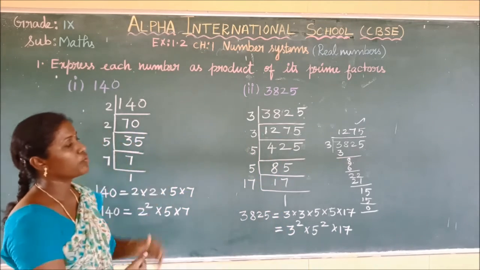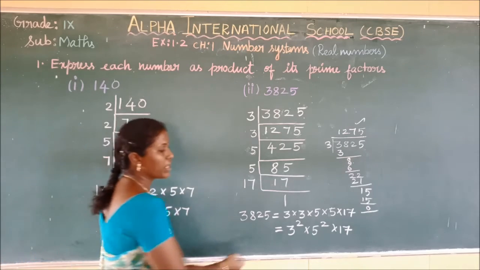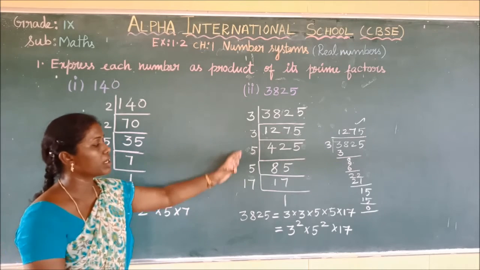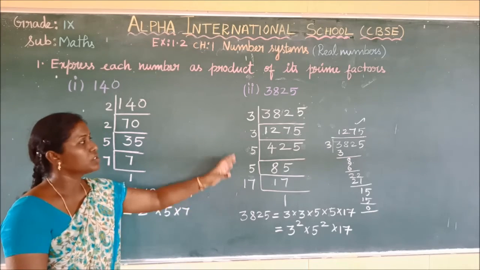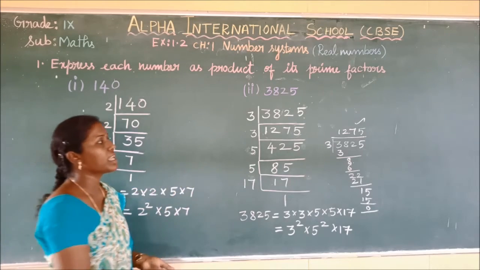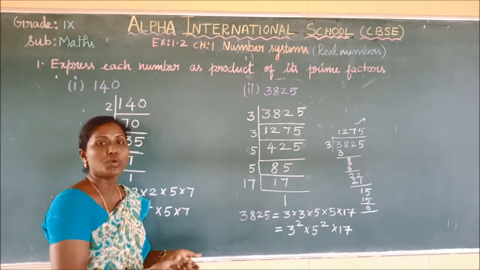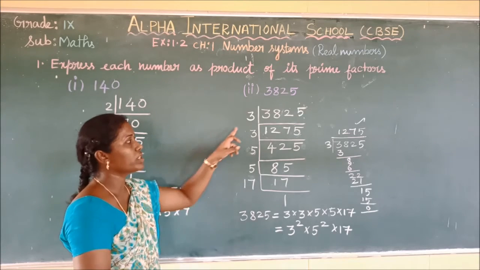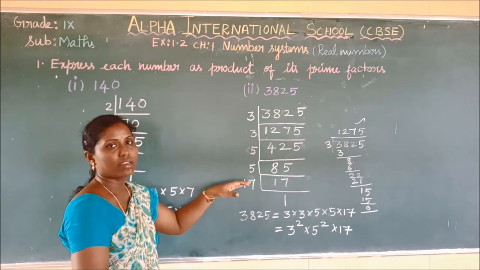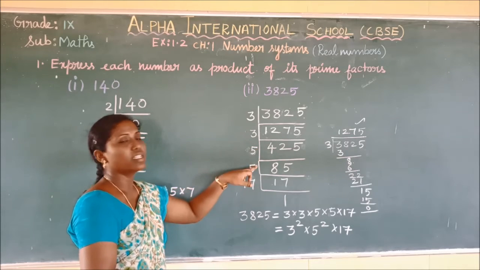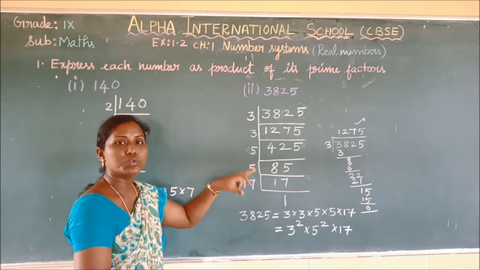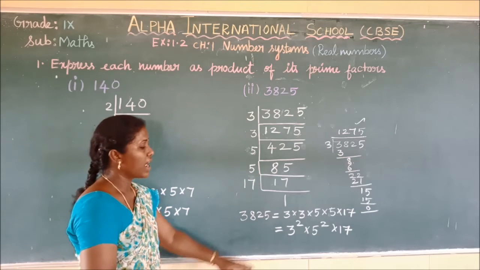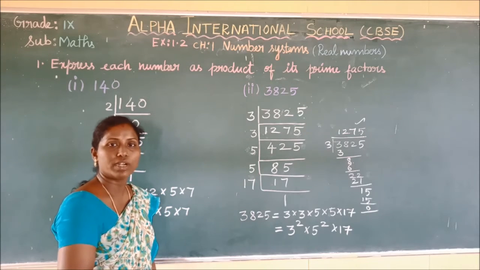See, here we are having a 4-digit composite number and we express the number as the product of primes. So whatever number is given to you, just express it using prime factorization. Check whether the number is possible to divide using the last digit. You can check whether it is possible to divide by 2 or the next number. If 2 is possible, start dividing by 2. Otherwise, go for the next prime number 3 and start dividing. See here, in the step after this, 3 is not possible. So what do we have to do? We have to choose the next prime number and start dividing using that. Yes, and finally write the prime factorization for the given numbers.